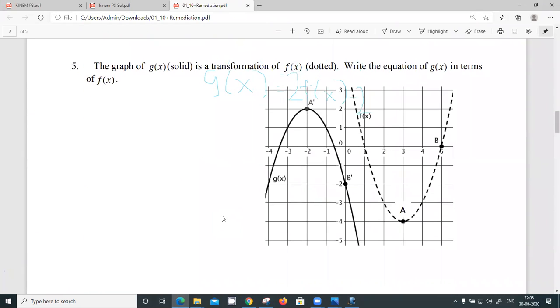What about 5? Okay, 5. I have to write the equation. g of x is the solid curve. So from f of x, you have to get g of x. It's simple, right? What do you have to do to f of x to get g of x? Okay, so g of x equals,